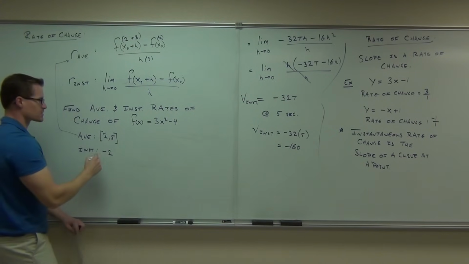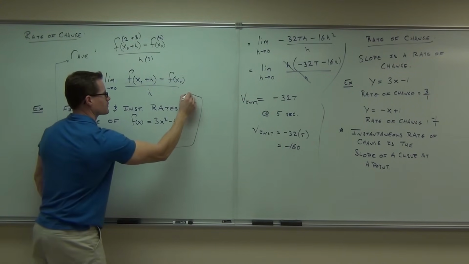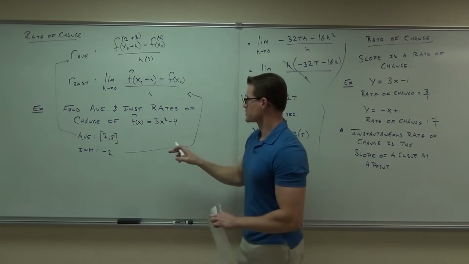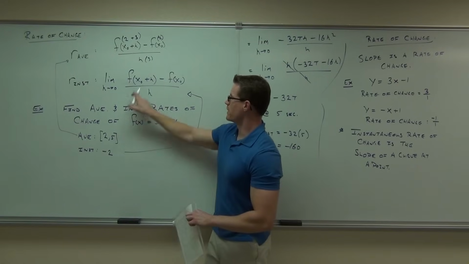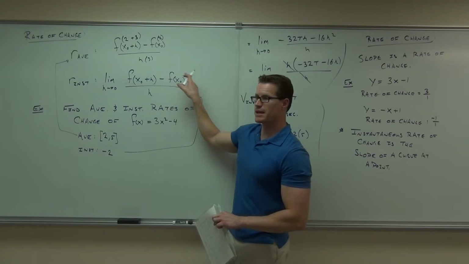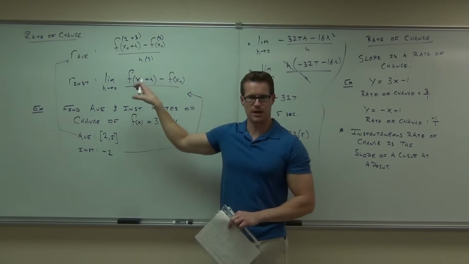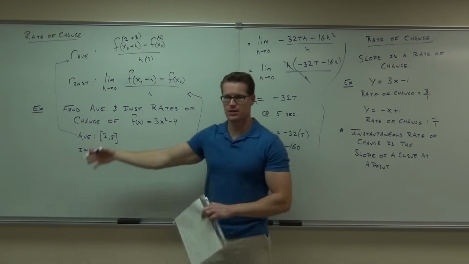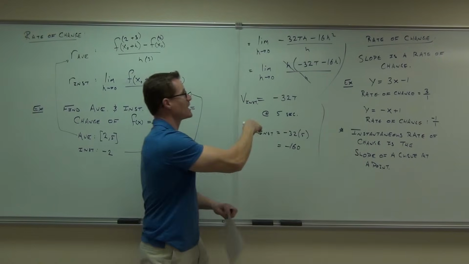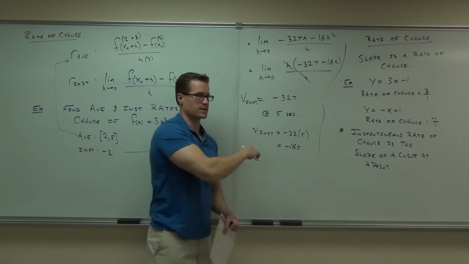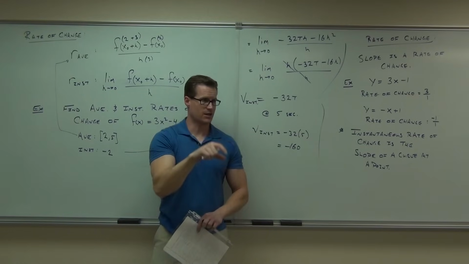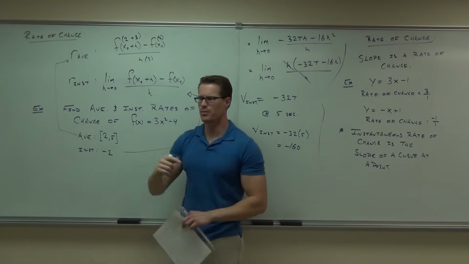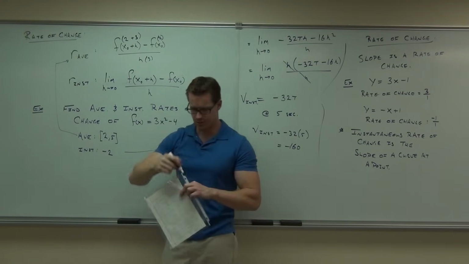For instantaneous, again, you have 2 options. Your x sub 0 would be -2. So you could find negative 2 plus h, f of negative 2, then do your limit, right? Or you could just do this with your function and then plug the number in later. We just did that example right here. We did that twice. I showed you how to plug in the number, and I showed you how to not plug in the number and do it later. That's the same exact problem right there. How many people feel okay with this one? Good deal. Now, we're going to